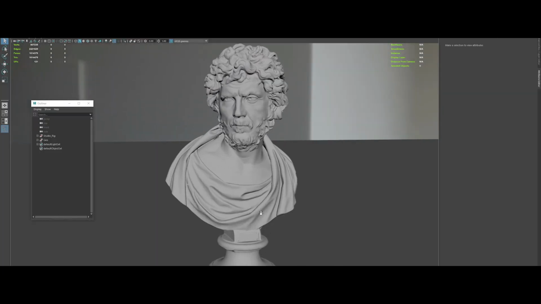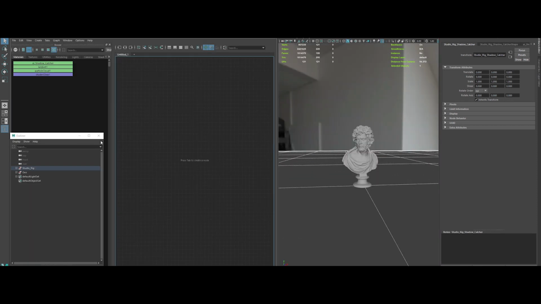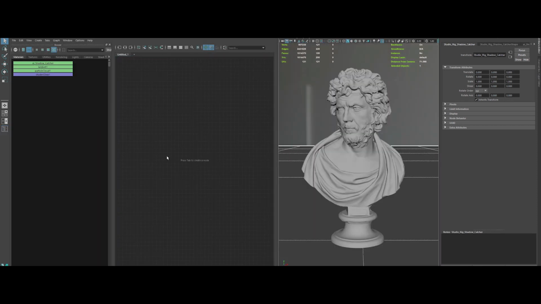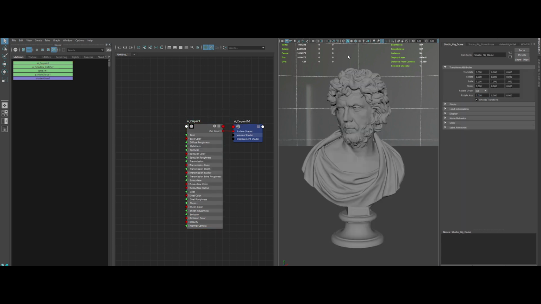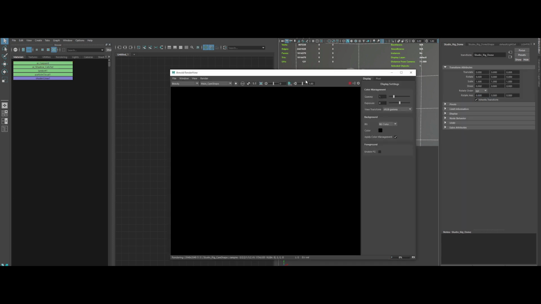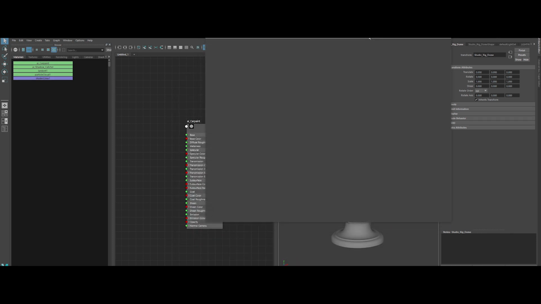So here we go, I just fire up Maya and have a basic look dev scene already set up. The model is from myminifactory.com, so if you are interested in some awesome scan models like this one, go visit the website. To start, I'm creating an AI standard surface and will be our top layer, the car paint. I'm just checking if everything is alright in the IPR.